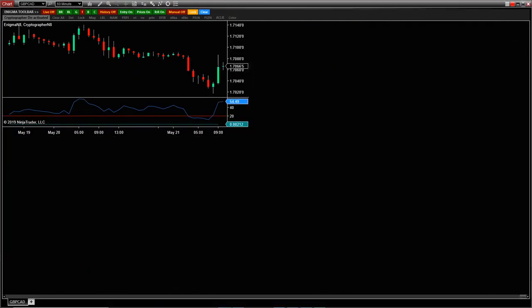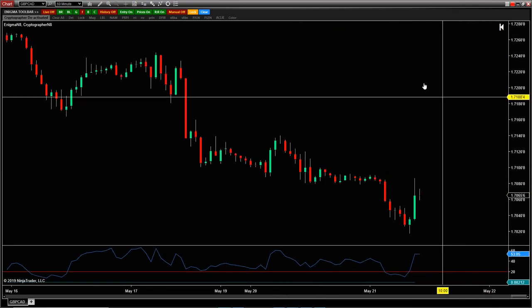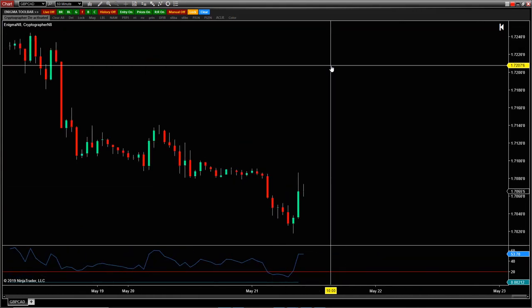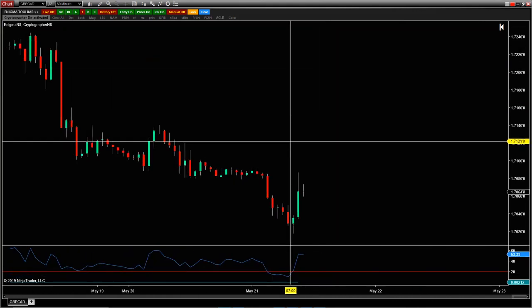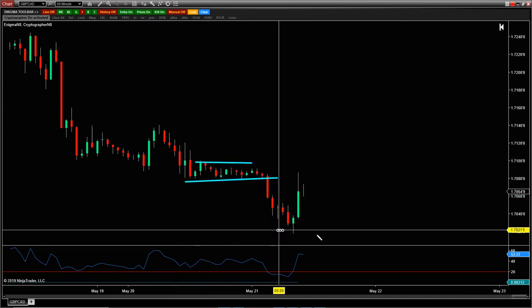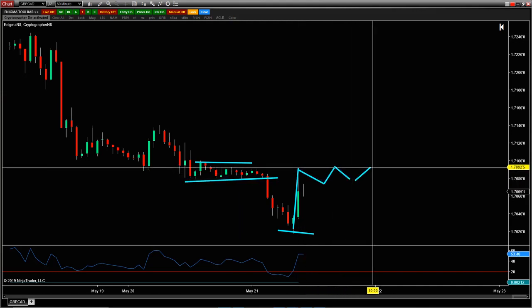That is it. 60-minute chart on Pound Canada. Again, we're seeing that potential reversal. Again, what you want to look for is this. We already have part of it going on, but we broke this level and we've returned to this level. Look for some consolidation, some equal consolidation to the side here, and then for the market to make that rotation.